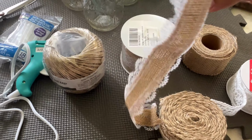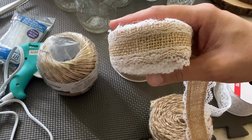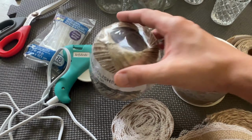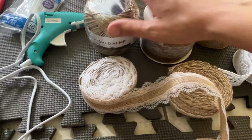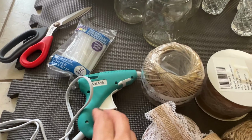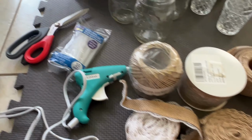And then I have some narrower burlap with lace, and then this is a wider one. And then I have some twine that I'll be using too. And then of course a hot glue gun, because most of this burlap and lace is not sticky. Scissors,